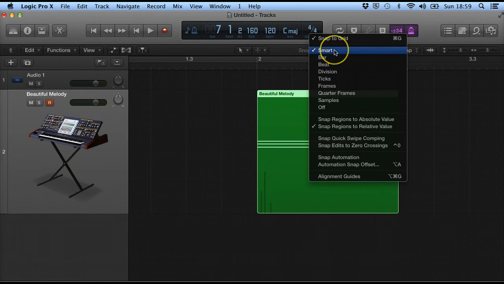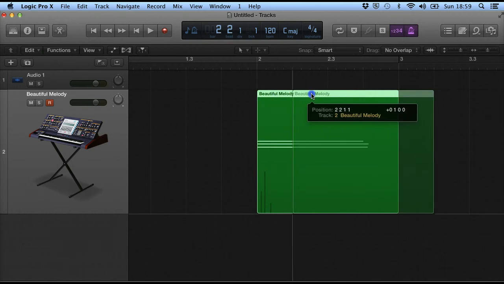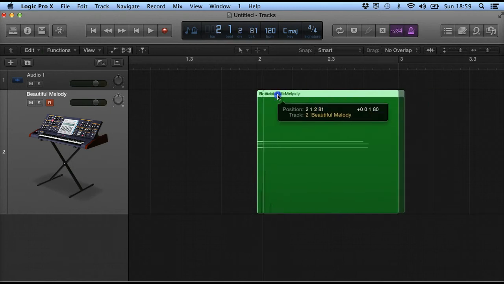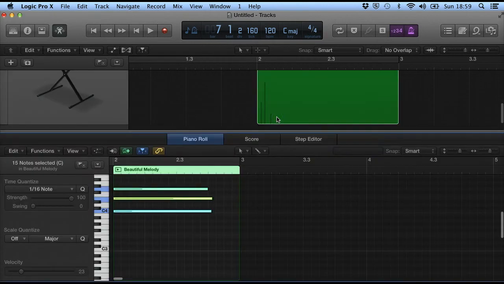We can control how accurate we want this snap function to work. The default is smart, and what smart mode does is it tries to interpret which one you want to do. So snap is good if you want to move a part and you don't want it to be inaccurate. So if I double click this and look at it,